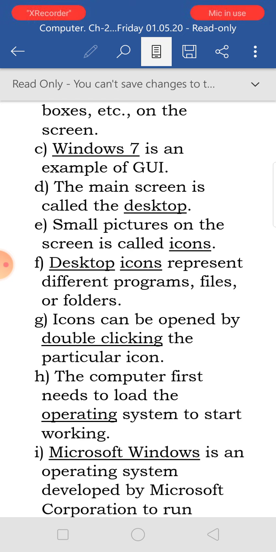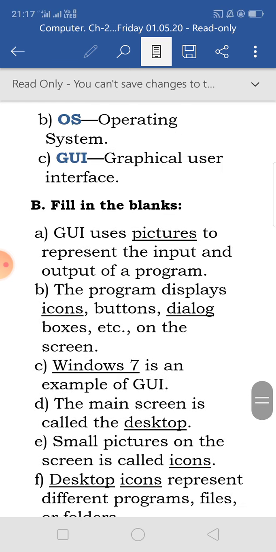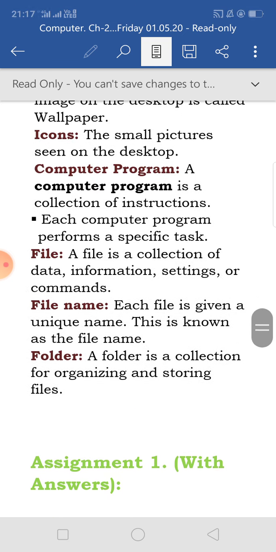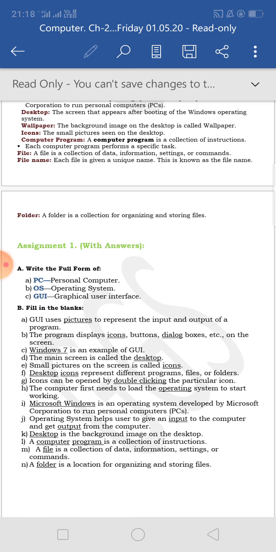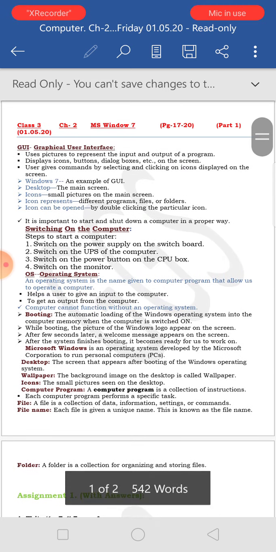Okay, and read also, learn also, because as soon as the school opens, the exam will be there. So read all these things. We are giving the answers and all these things so that you can prepare yourself nicely. Okay, so this is the